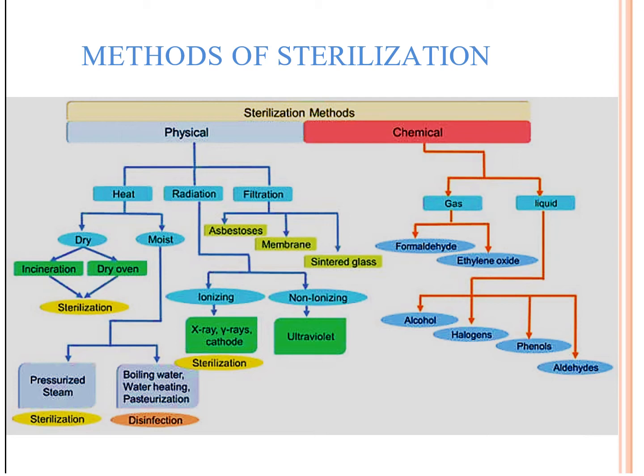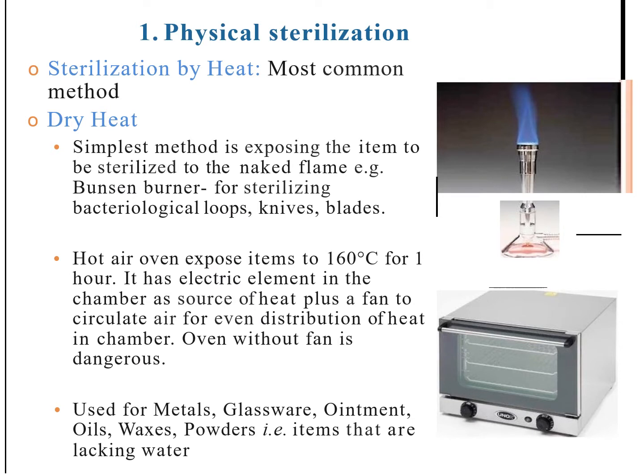In chemical sterilization methodology, two types of chemicals are used, gaseous chemicals and liquid chemicals. In gases, two gases are prominently used, that are formaldehyde and ethylene oxide. While in liquids, numerous chemicals are being used like alcohol, halogens, phenols, aldehydes, which generally deform the structure of life forms by altering the cell wall and cell membrane of those life forms. So all these are the sterilization techniques which are used in tissue culture and also in microbiology and other such fields. We'll learn one by one.